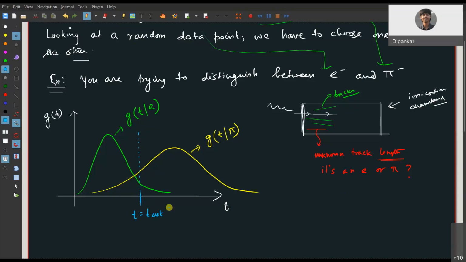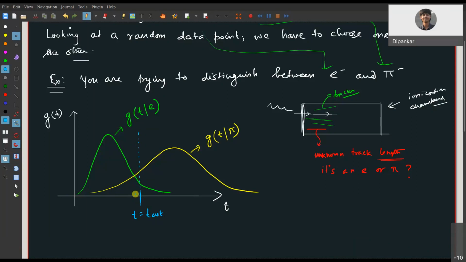What I will be describing is popularly known as cut based analysis, if you prefer a fancy term, but you will get the essential idea here, how to distinguish between two hypotheses. Now, how to choose this t cut? That's a different problem altogether. But suppose from this kind of visual separation of those two distributions, I choose a t cut like this,